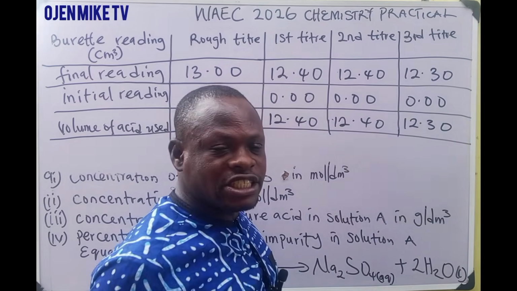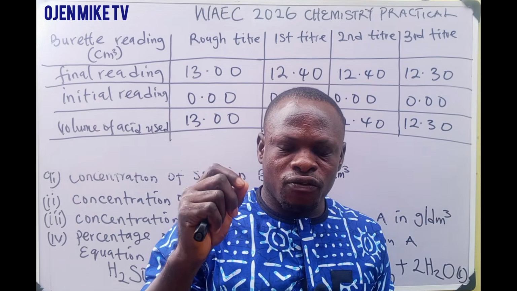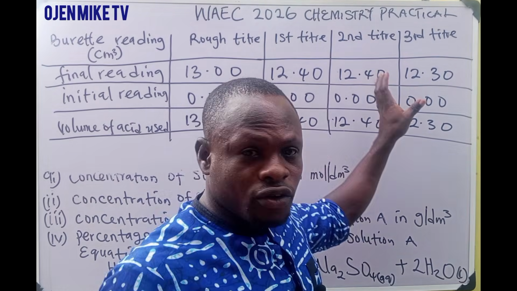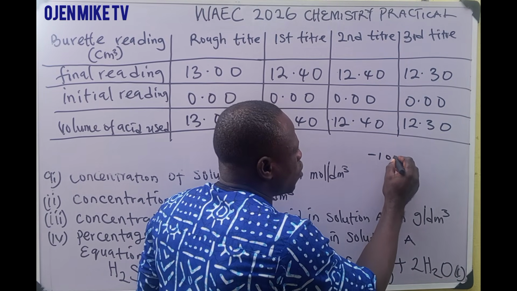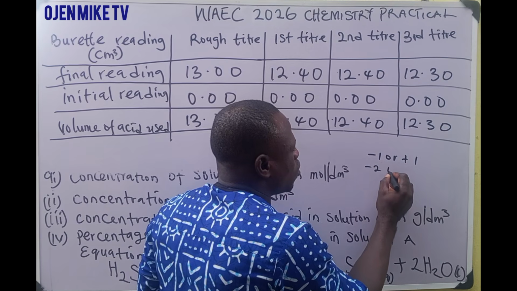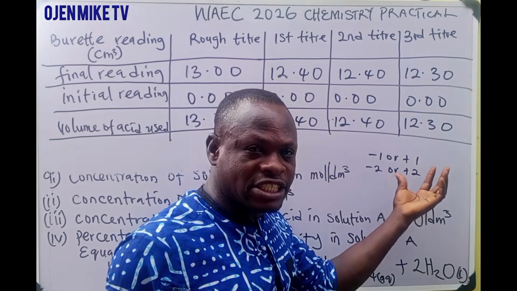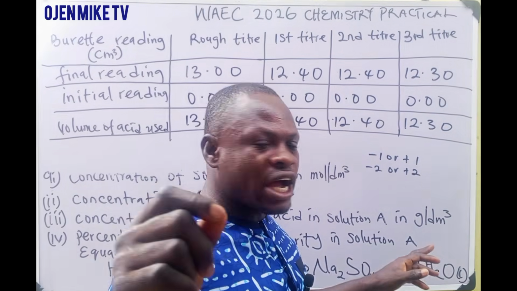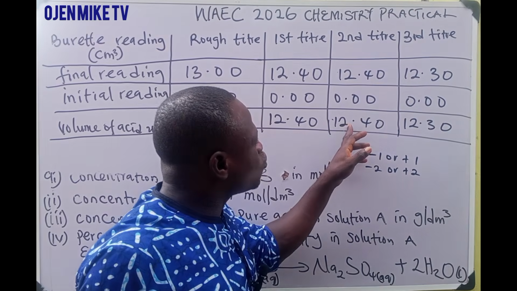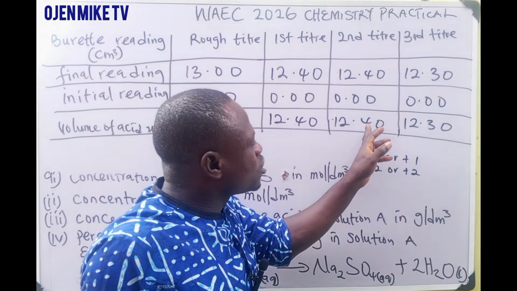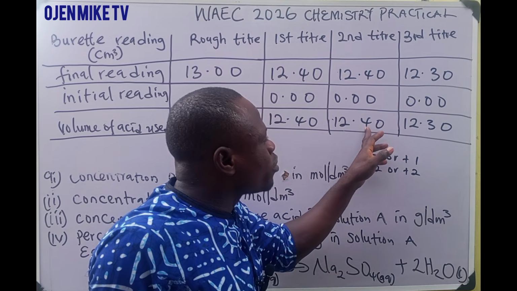12.30. Now if you are a teacher, the range of your values for your students should be either -1 or +1, -2 or +2. That should be the range of the differences. So if the endpoint of this one, now if the first student is using 12.40, the other one can say 12.50, 12.56 or 12.30,